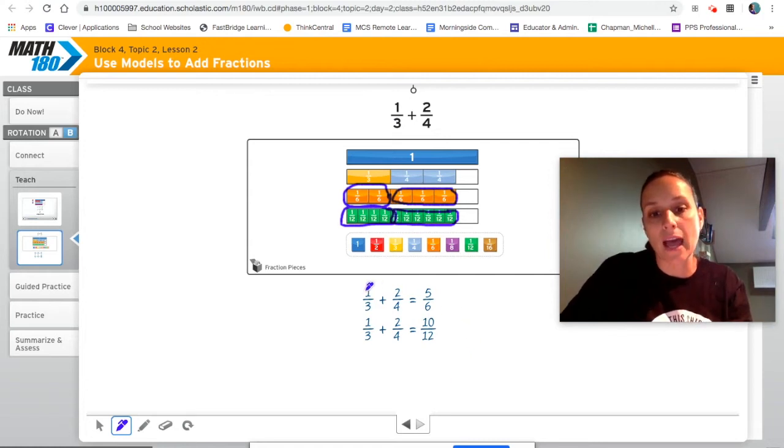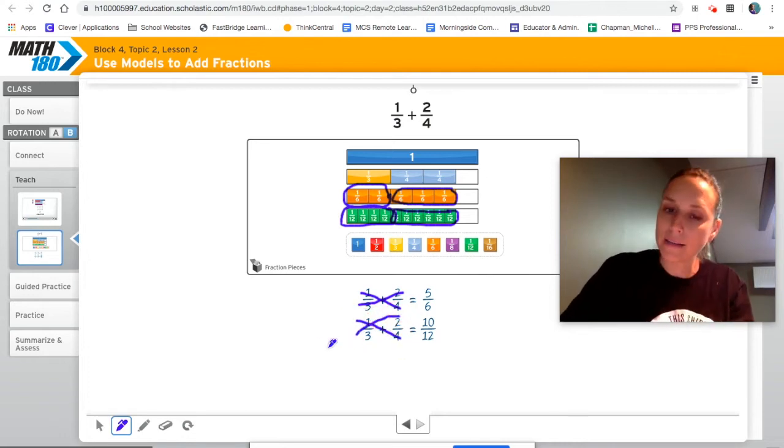So again, I would never add like this. I would always show my equivalent fractions because this is not correctly written in my mind. What is correctly written was how we showed it in our demo, where we were adding 4/12 plus 6/12